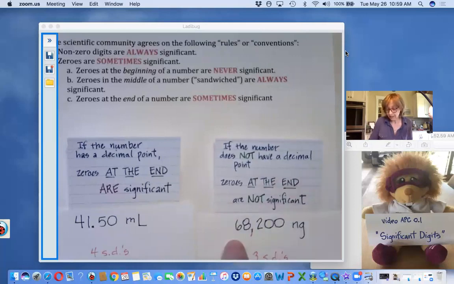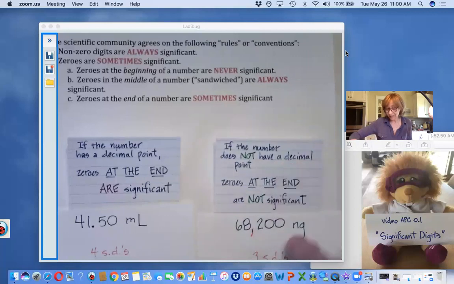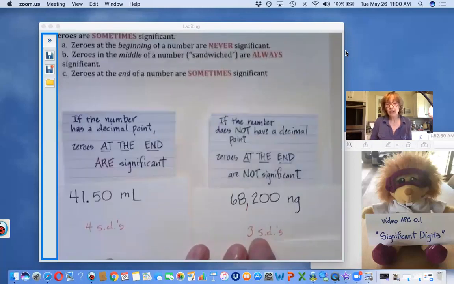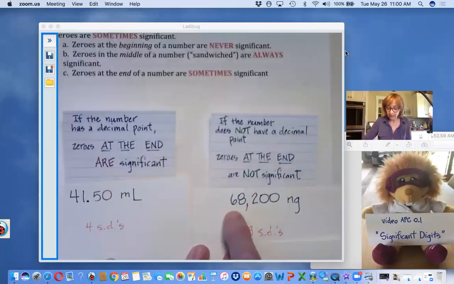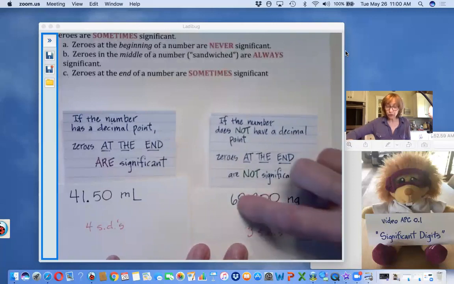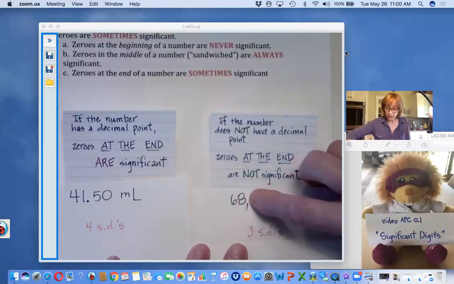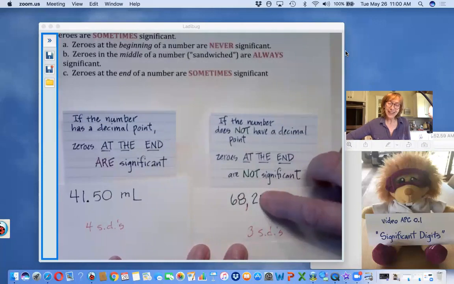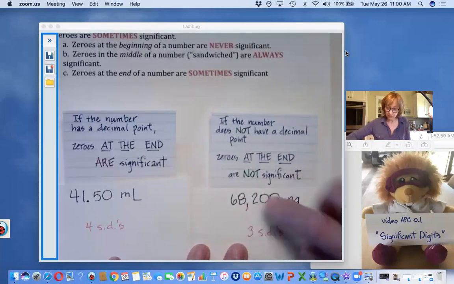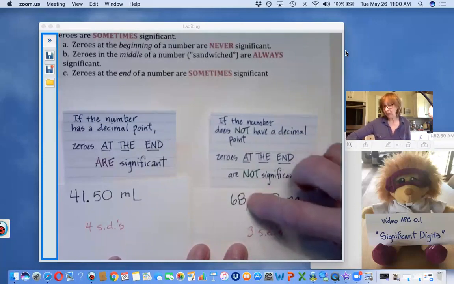If this number does not have a decimal point, then these trailing zeros are not significant. This particular measurement has only 3 SIGDIGs. This is telling the reader that you were certain of 68,000 and you're guessing 200. Someone else might read it 68,300,